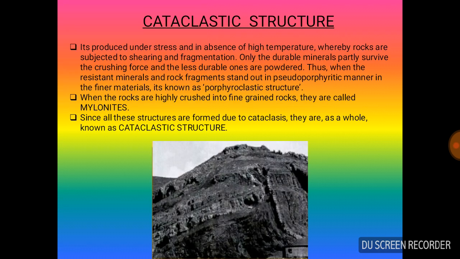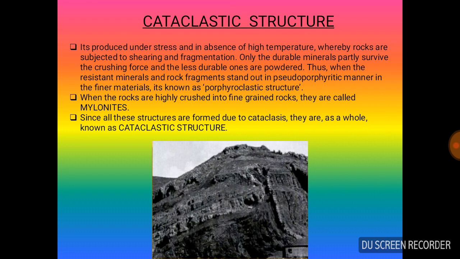Now, let's come to the main point, that is the specification of the structures. The first one is the cataclastic structure. The cataclastic structure is characterized by the development of extremely fine rock mass under the influence of severe crushing and shearing effects of stress operating during metamorphism. The effect may be observed in rocks spread over wide areas, and rocks like crush breccia, mylonite, and slate show